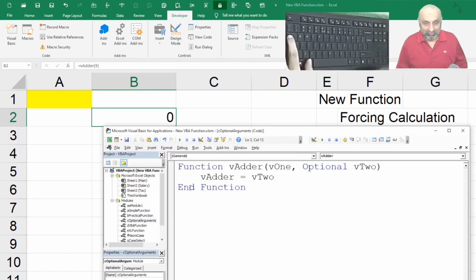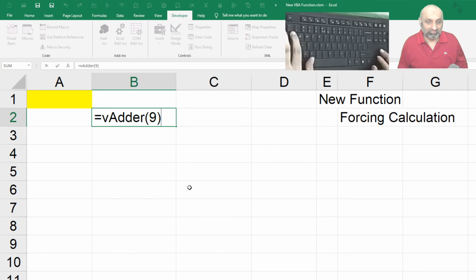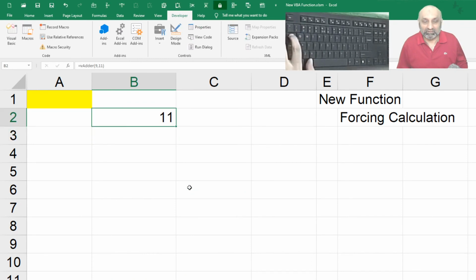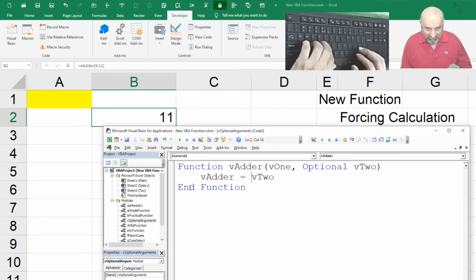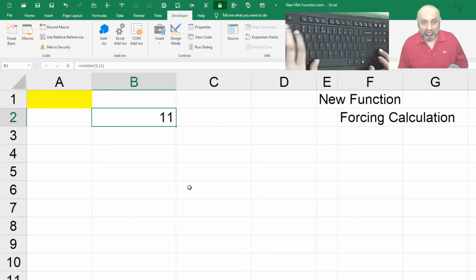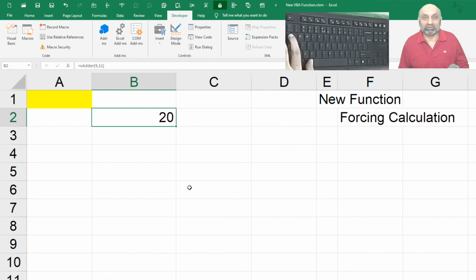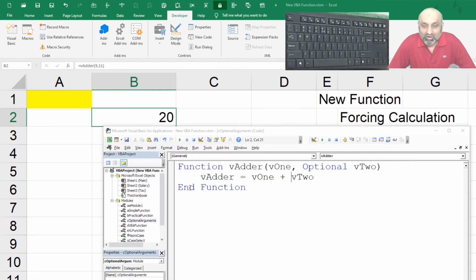So if I say 9,11, the result is 11, and if I say vadder is equal to v1 plus v2, now what will happen? Let's enter, and it is 20. So the optional variable is v2.